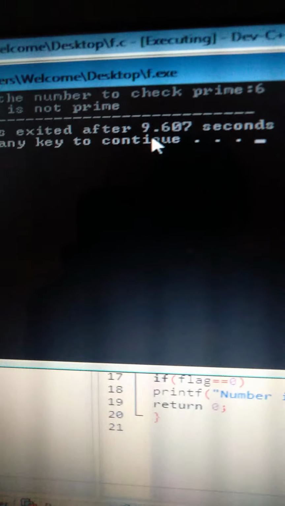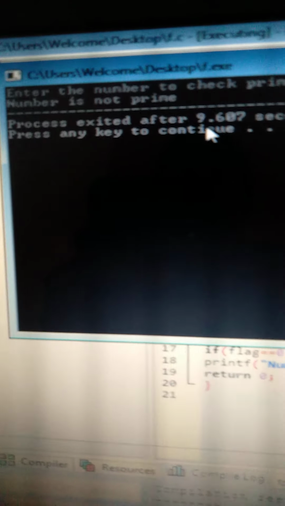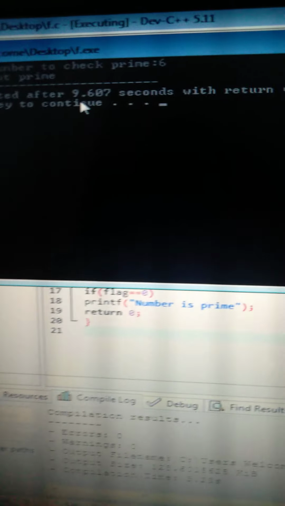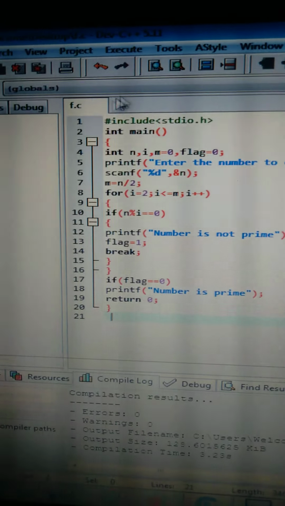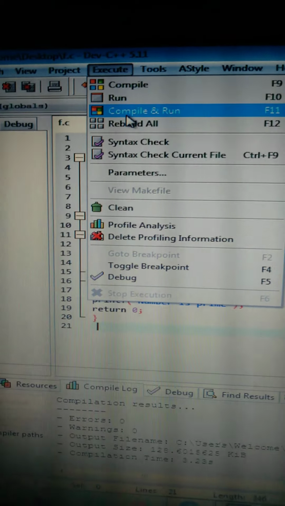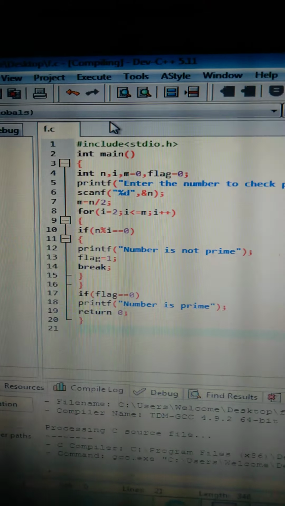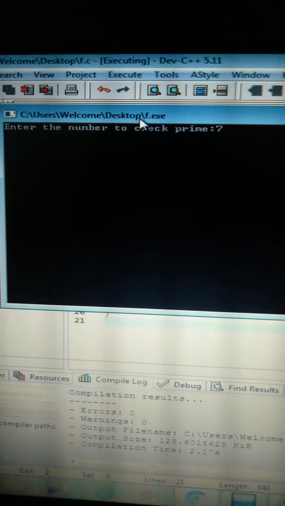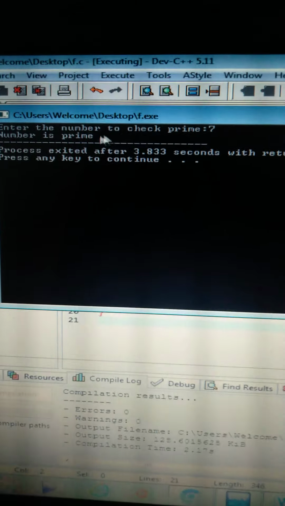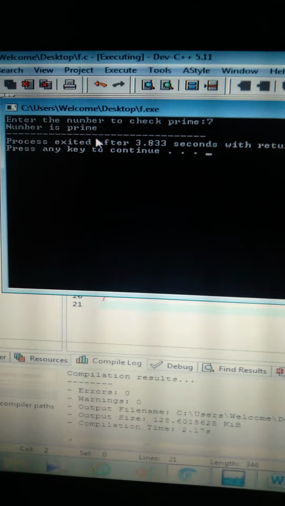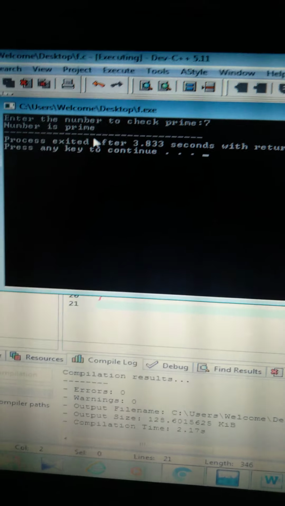See here. Now let us give another value. Execute, compile and run. Then give the value 7. Enter. 7 is a prime number. Okay. Now let us trace.